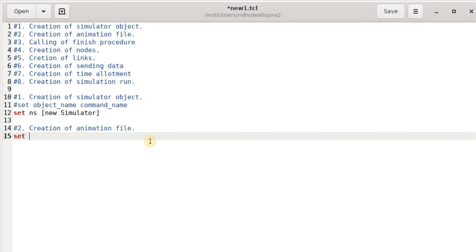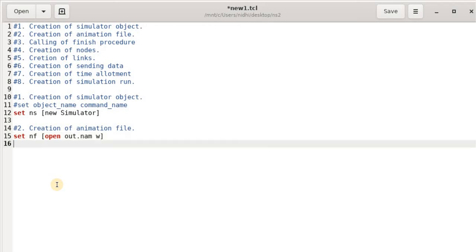So set, and because it is a file type of operation, we take the object name nf. NF is my object name. You can choose any name, but in my case I am taking nf. Then what is the command name? The file should be opened and saved by the name out.nam, and you have to give the write privileges to the user.